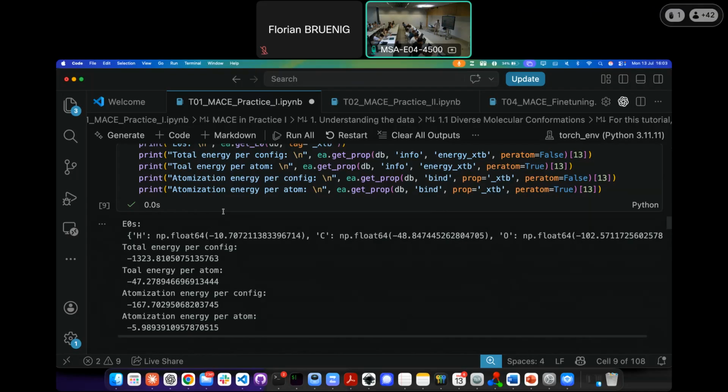So you see that we have removed 2 orders of magnitude of energies by just subtracting the isolated atom energy, so you make the problem much simpler. And if you divide this number by the number of atoms in the configuration, then you see that for each atom you only need to learn a few eV of signal, so it's a smaller range. And so that's a very important normalization. In machine learning, it's always important to normalize your data first to have a good distribution. And here it's a sort of physics-motivated normalization, because you could normalize by the average over the data set, but here,